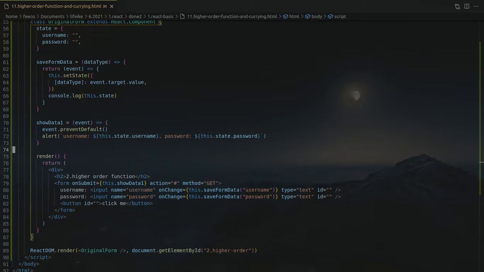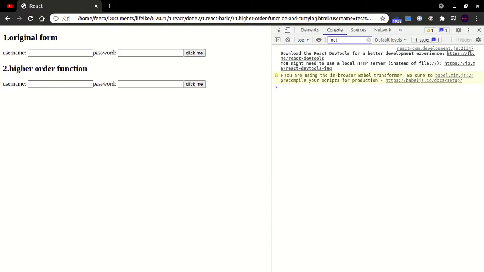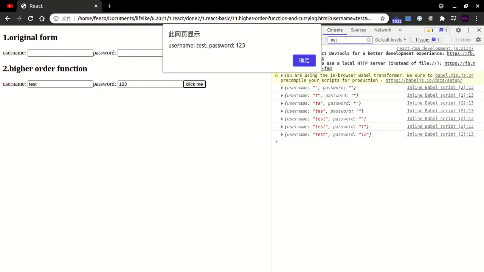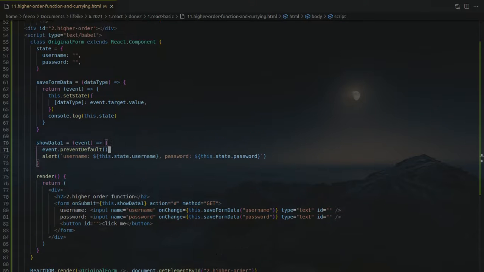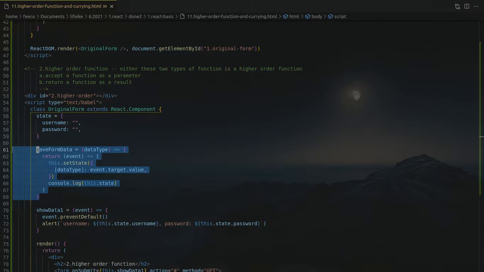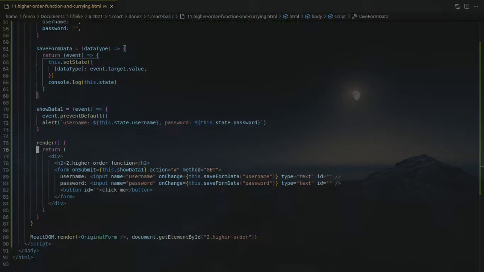So let's just refresh the page. It says test 1 2 3. Click username, test, password. Now we use one save form function, replaced those two functions, and